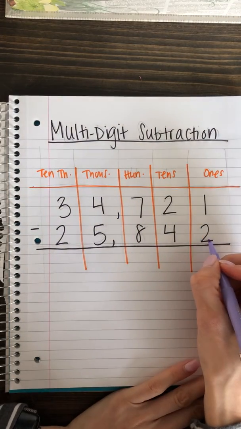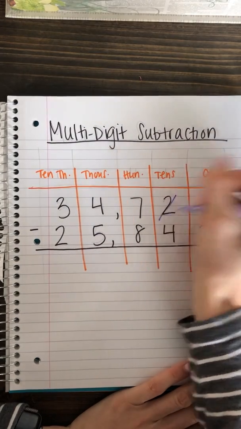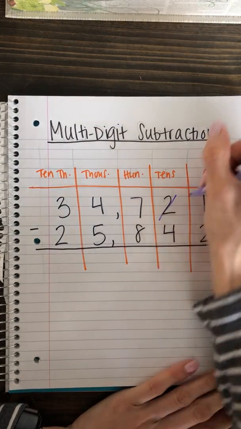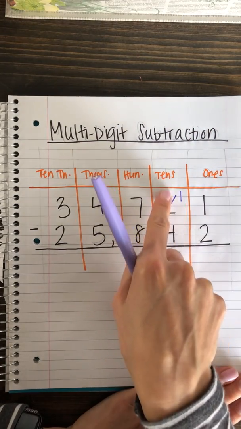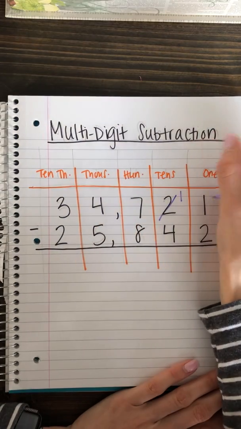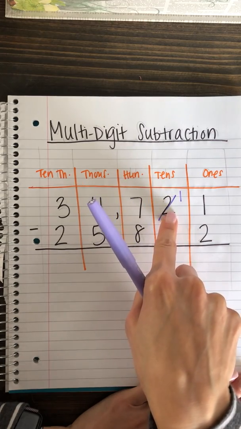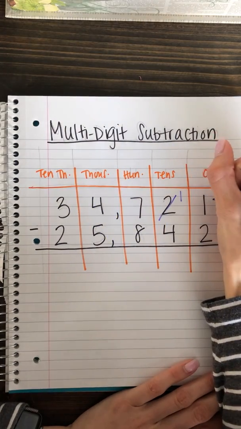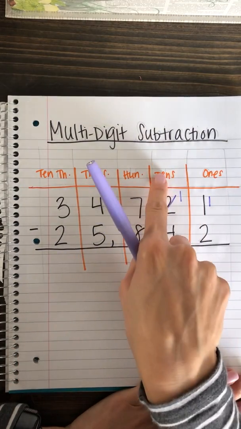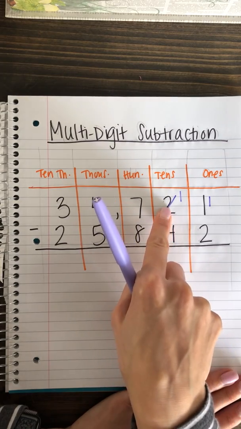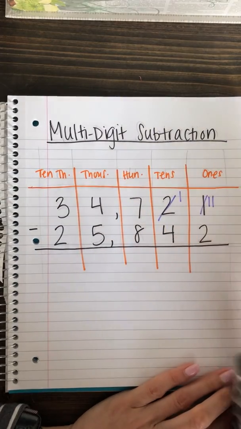Okay, so we can't subtract 2 from 1. If we have 1 of something, we can't take 2 away. So we're gonna borrow from over here. And then this becomes 1, and actually this 1 has a value of 10, okay? And then the other 1 from this 2, so one of the 1 stays here, and then 1 carries over here, becomes an 11. Because you took 10 from here, 10 from this place value, not just a 1. And then 2 minus 11 is